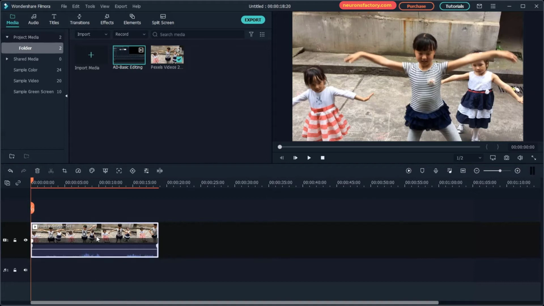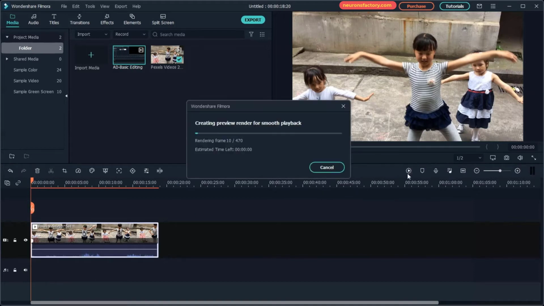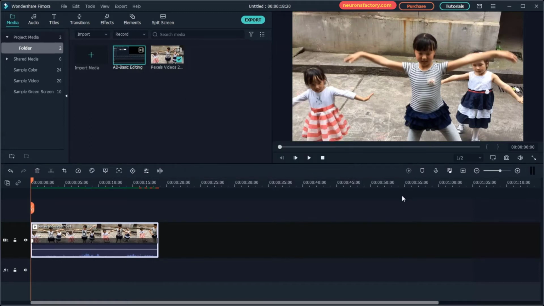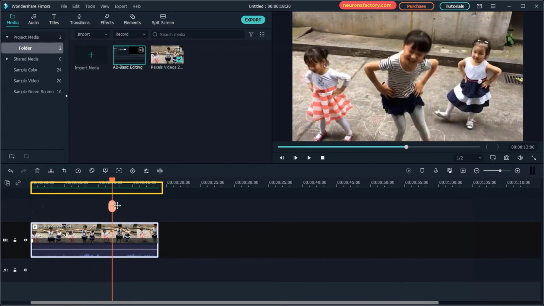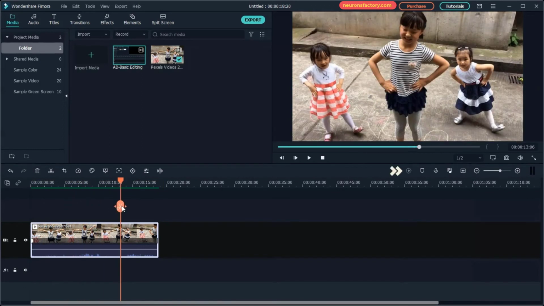Select the media and click on the render preview icon to create a render preview for the selected footage. The rendering process will eliminate the lagging effect that is common when multiple visual effects are applied to a footage. When the rendering process is finished, the red line that appears over the media files will turn green, and your preview should play back smoothly and without lag. Notice that the render preview button is disabled now because we already have the rendered footage. Filmora saves the rendered file in a folder specified in the Preferences window.